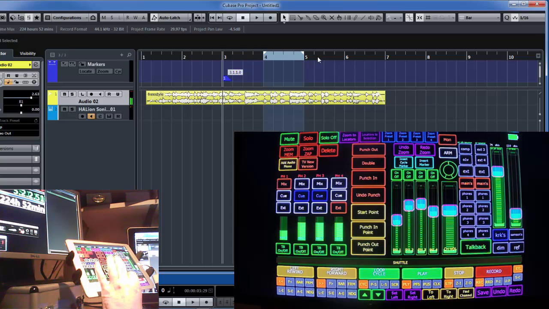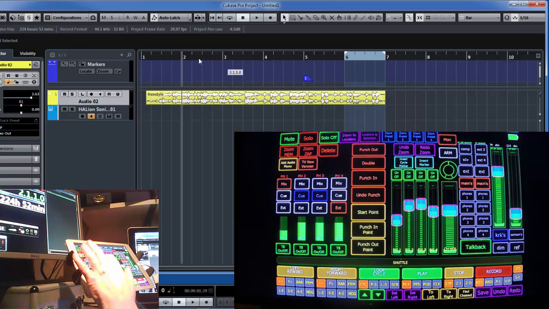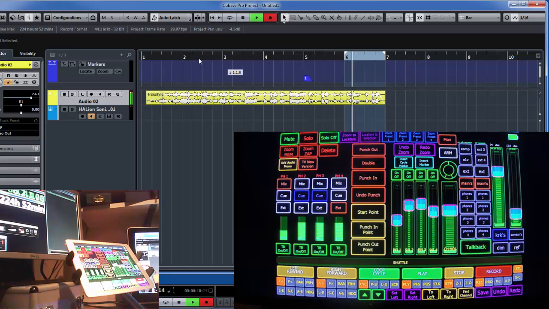And then when I want to do another one, I'll set my start point, set my punch-in point, punch-out point, and then I could even hit punch-out here, and hit it here. I got punch-out going, punch-in, boom. And then we're out. It's the coolest way to do it because